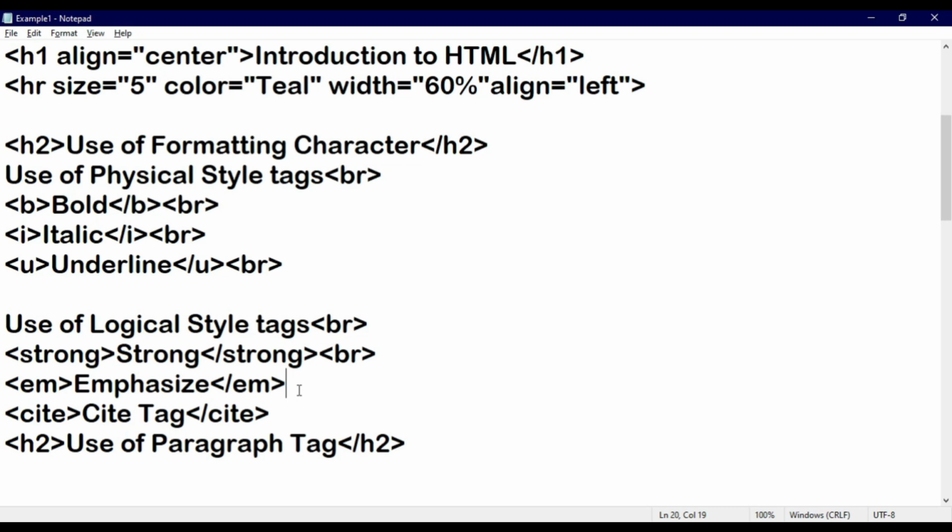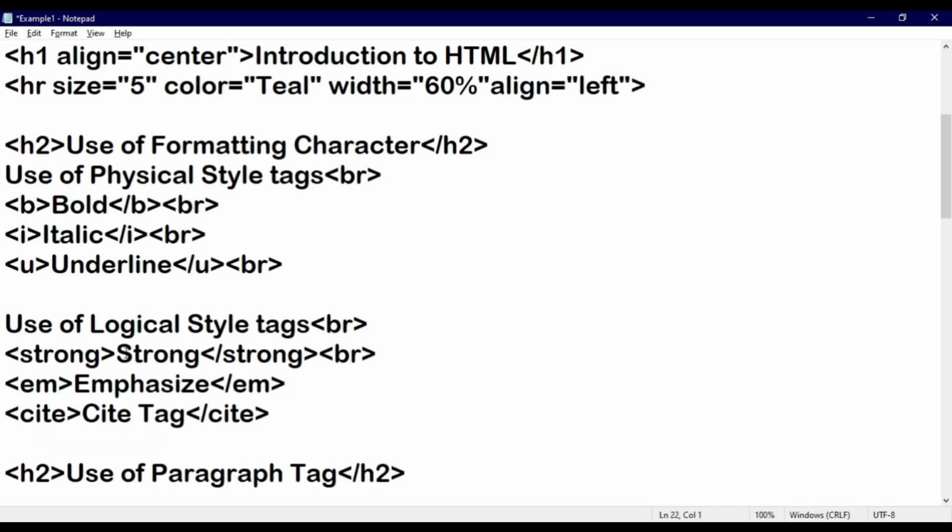If you want to make your title different compared to the normal text, then using cite you can do it very easily, right? But much more difference is not there in your output. So whether you are using emphasize, cite or italic, your output will remain the same, right students? So this is about your particular logical style tag.